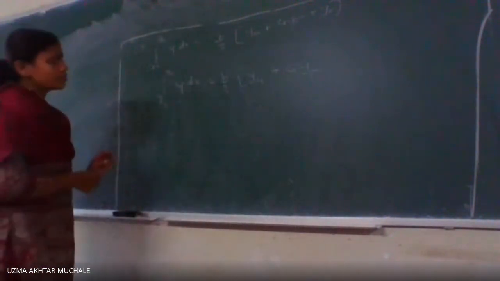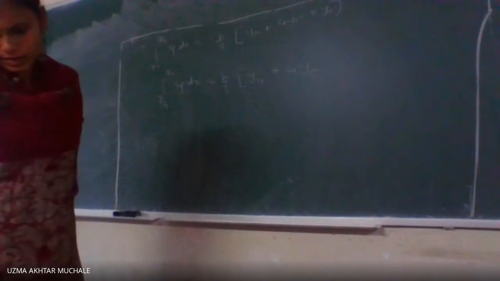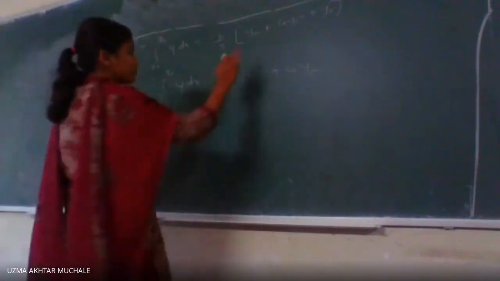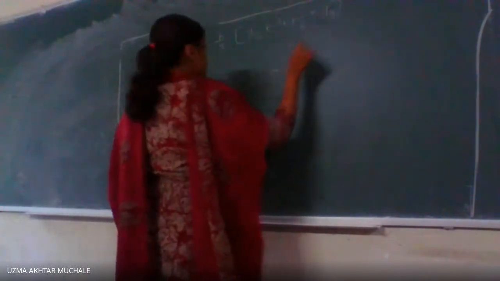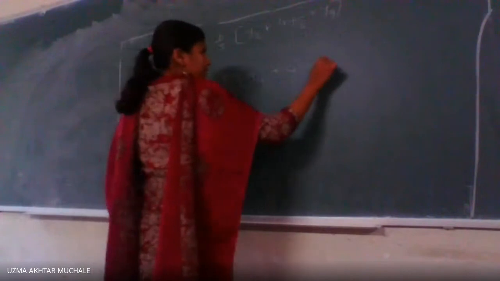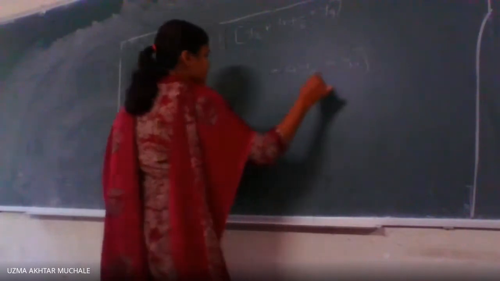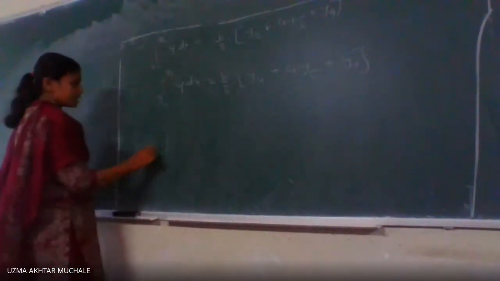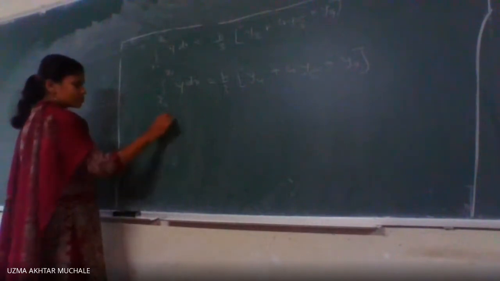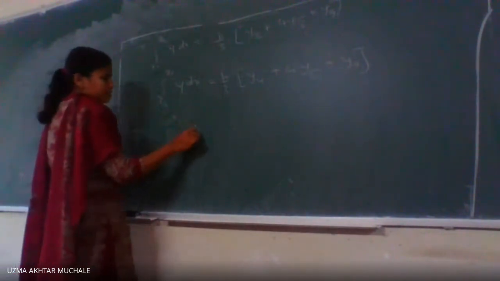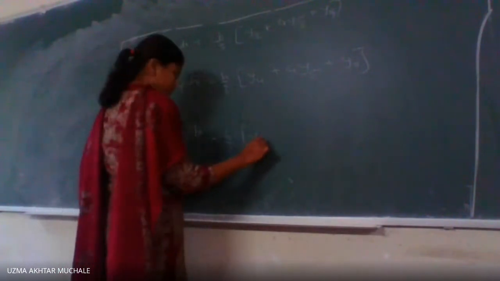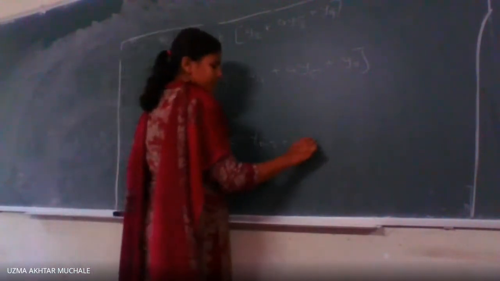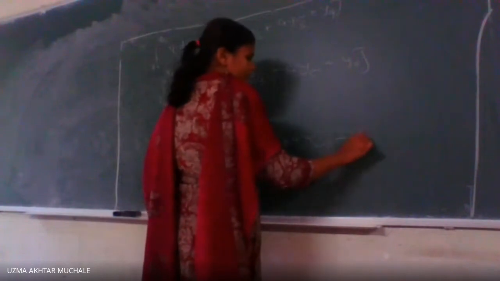Is it x2, no? 2, 3, 4. So it should be 2, 3. So here it is 4, 5 plus y6. So in general, for the last term, xn minus 2 to xn y dx is equal to h by 3 into y(n minus 2) plus 4 times y(n minus 1) plus yn.